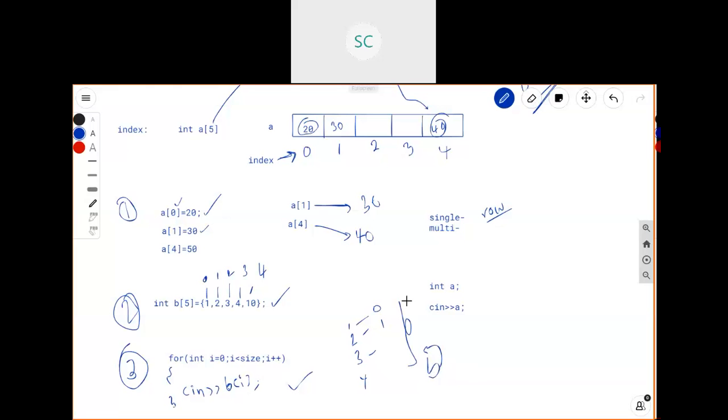If you observe, all these are single dimensional arrays only. Related to multi-dimensional arrays we will see next, but before that we will see one example. We will execute some samples so that you will get a clear idea. This is about the theory part. Is it clear to all?